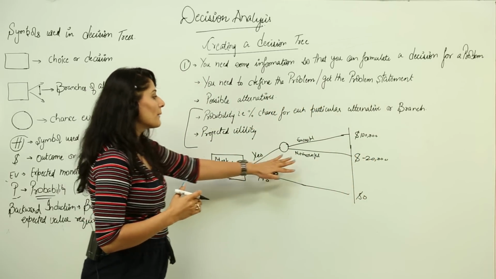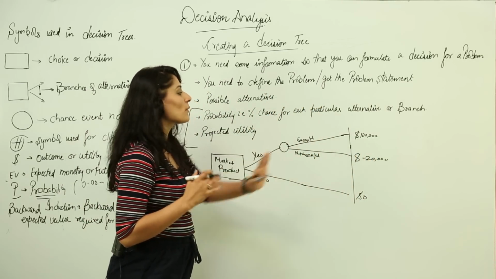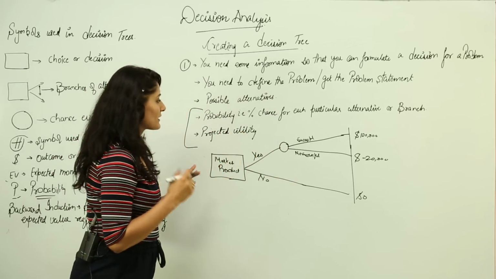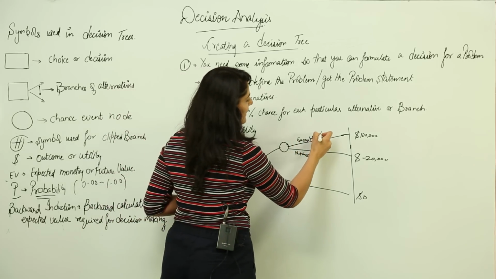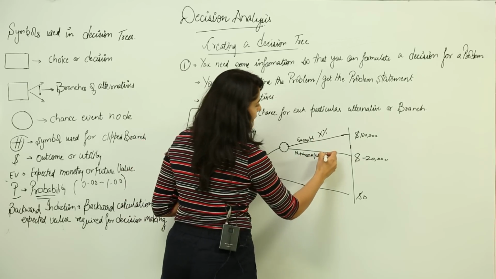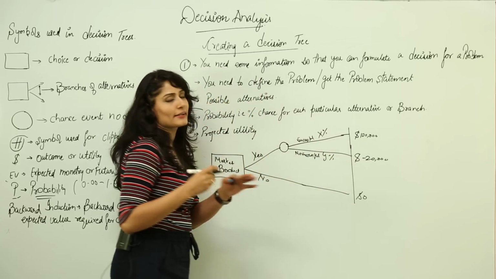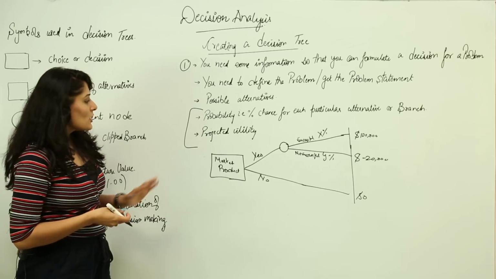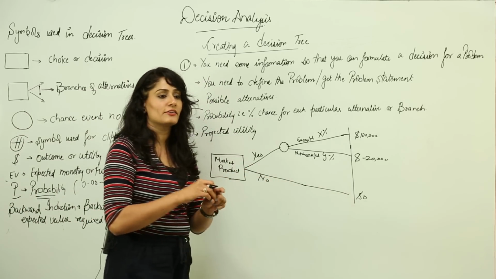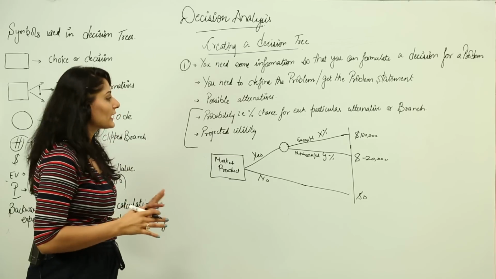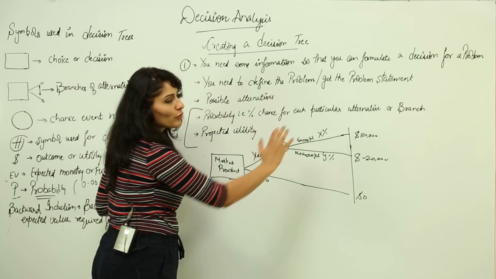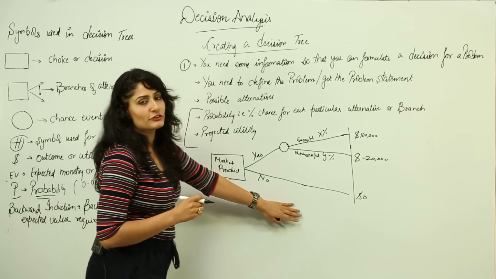So here I am also going to place the probability, that is, what are the chances of success and no success. I am just giving any value, for example X percentage probability that it would be successful and Y percentage probability that it's not going to be successful. Now if you can see, this is a very simple diagram. My decisions are very simple, it's not complicated at all, but it gives me a complete pictorial view with all the information required.